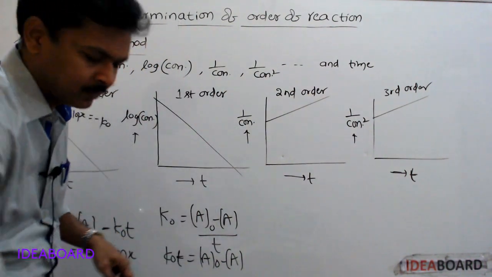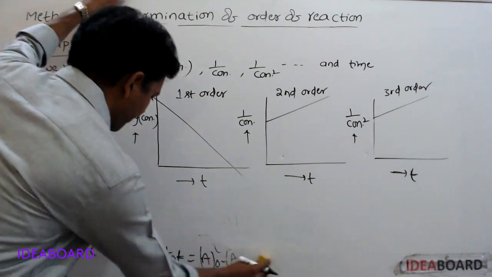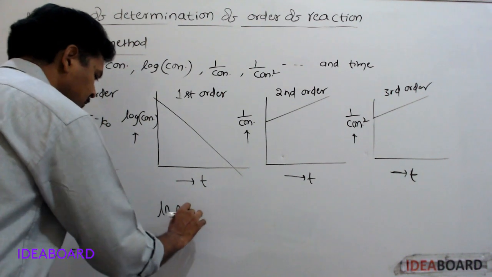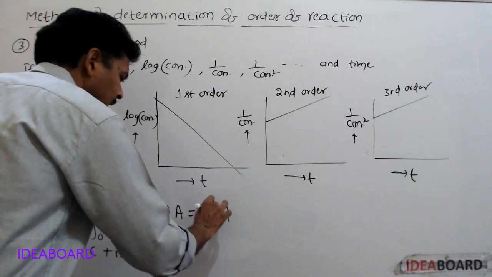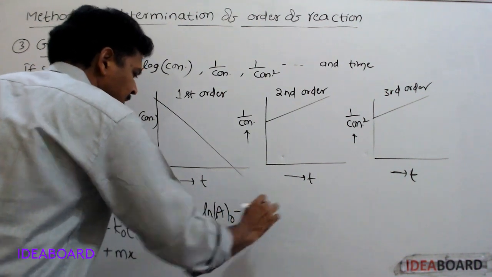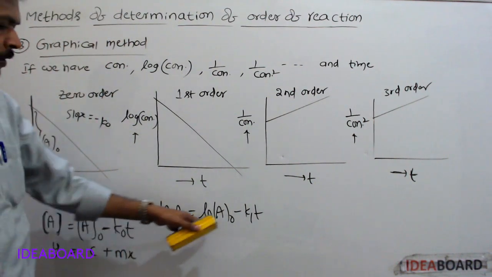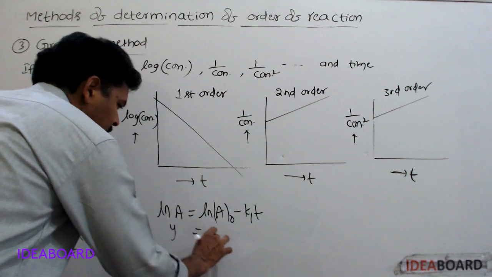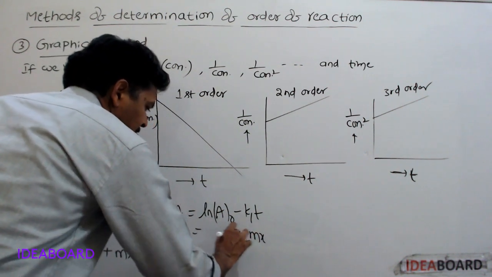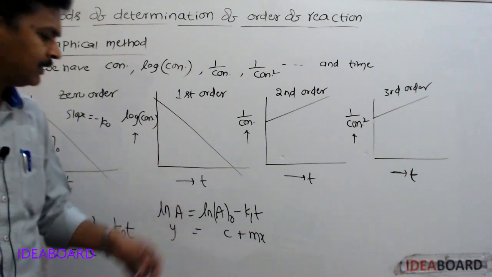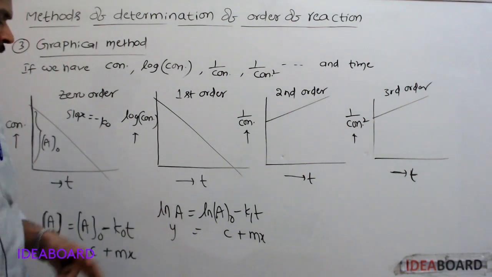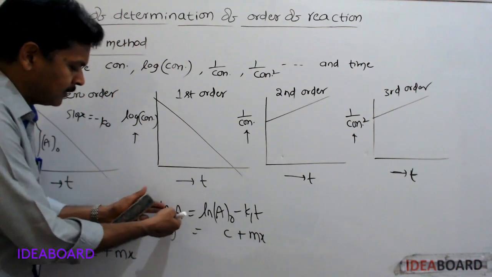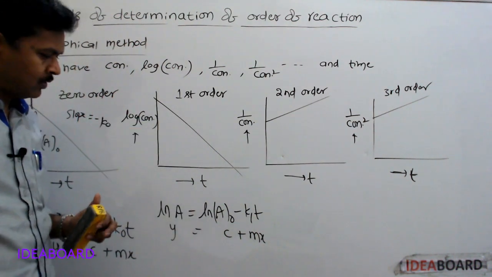See, in the first order rate equation we have this formula: log A is equal to log A naught minus K1T. This is like Y is equal to mx plus C. When a graph is plotted between ln A, here instead of ln A I have taken log A,